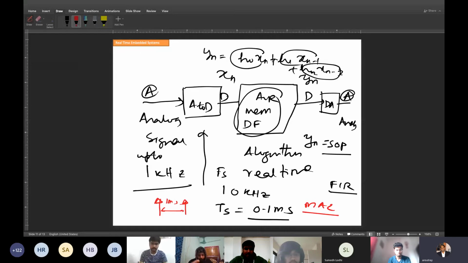My laptop's sampling frequency is 96 kilohertz. Okay, but generally the cell phone voice channel has a sampling frequency of 8 kilohertz, not more than 8 kilohertz, because that is enough to give you the voice quality. So can you shout at 1 kilohertz? Today you try to shout and see the Fourier transform.